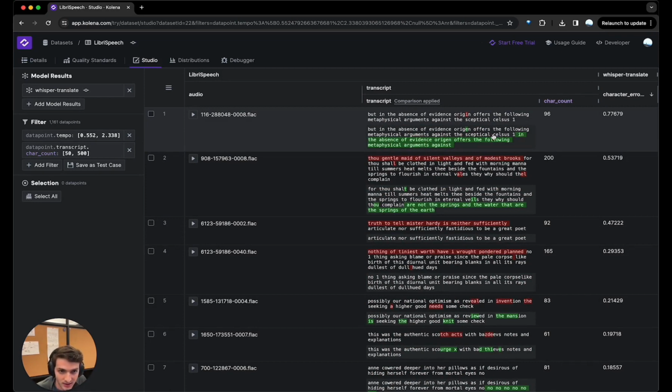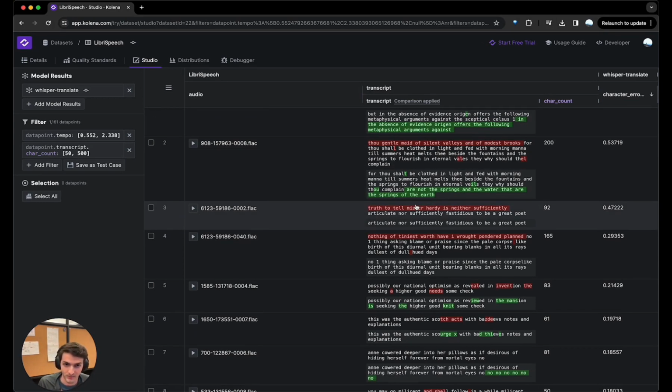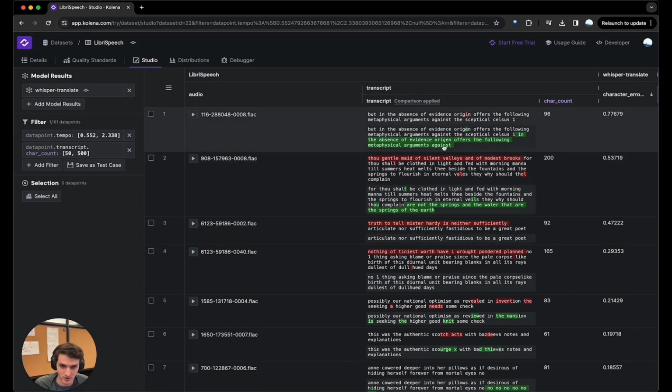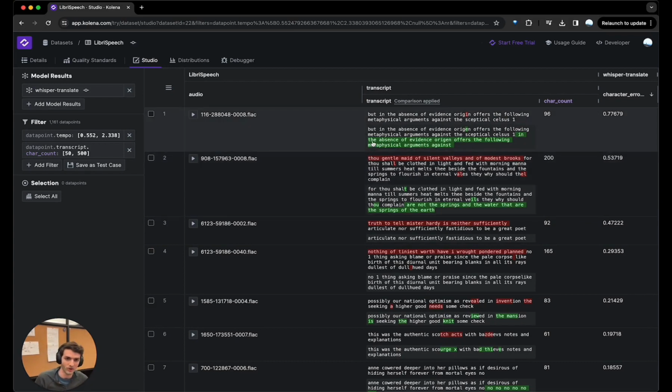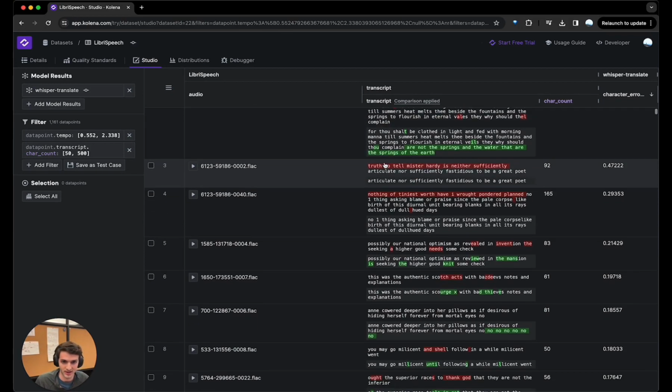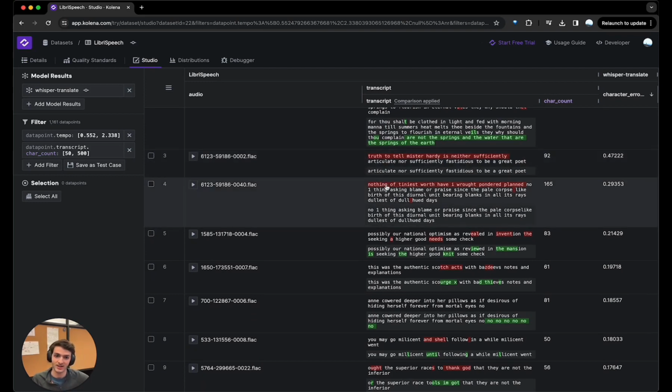And we can see that this model seems to have predicted an entire sentence, maybe repeated the sentence again a second time. And we can listen to this audio file here to quickly verify that the ground truth transcript is in fact correct in this point. So we see in this case that there's actually a lot of cases where the model either missed the first sentence or added a bunch of repeated stuff to the end. And maybe we now have this insight that we can go use to improve the model in its next iteration. So thanks for listening and happy testing.